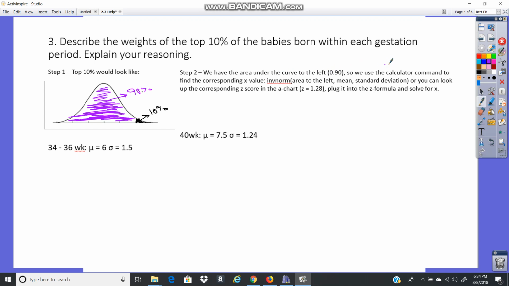we have the area under the curve. Okay, we can find the corresponding x value using this inverse norm. The area to the left is 0.90. Then our mean here is 6, and our standard deviation is 1.5. That's going to give us our corresponding x value. So if we put that in our calculator,